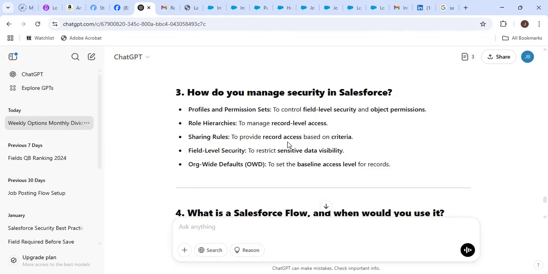I created a flow in Salesforce to automate a business process, an inventory process. I created a flow to automate management of inventory. So in the company,